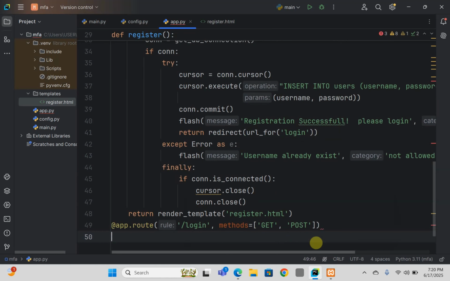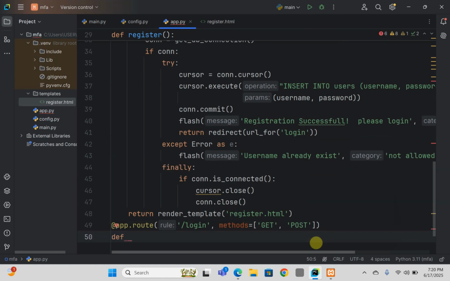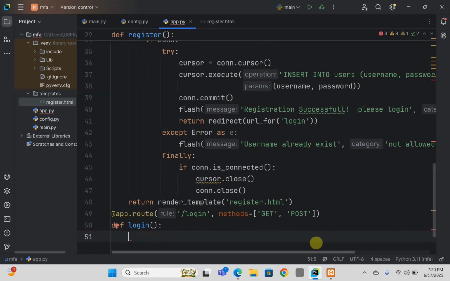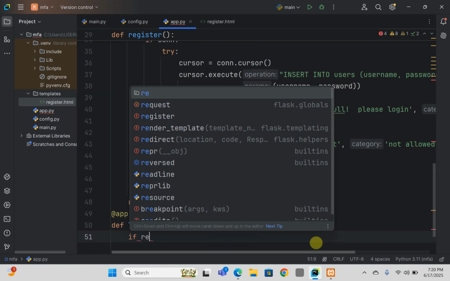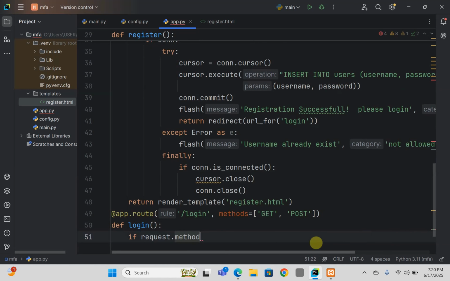So after that, what we need is to define a function. We need the login function. So if it is a condition, if request dot method equal POST,